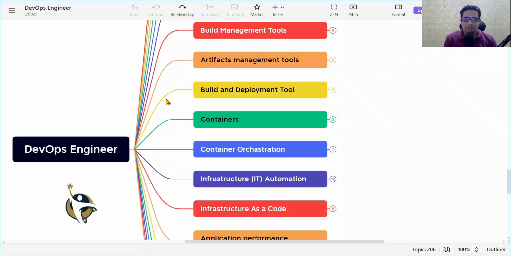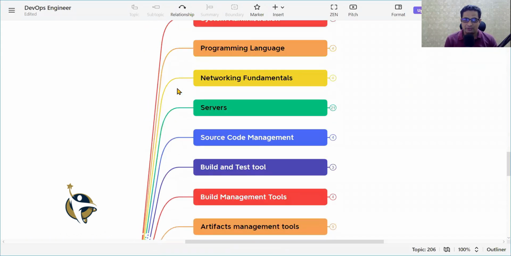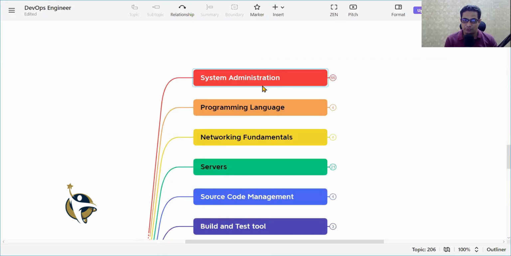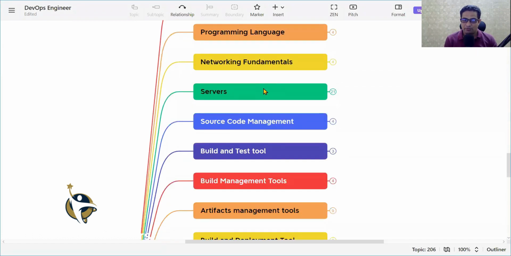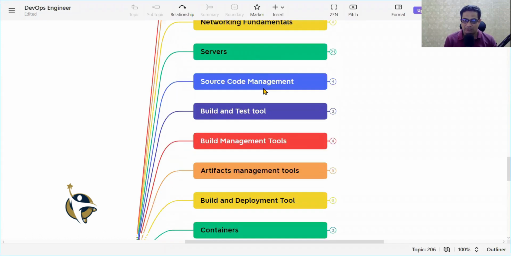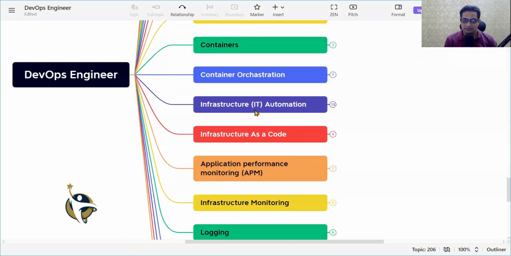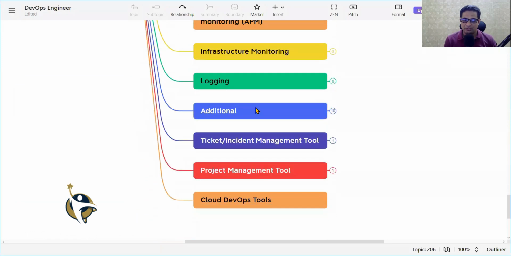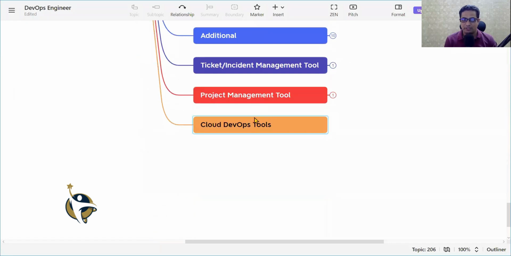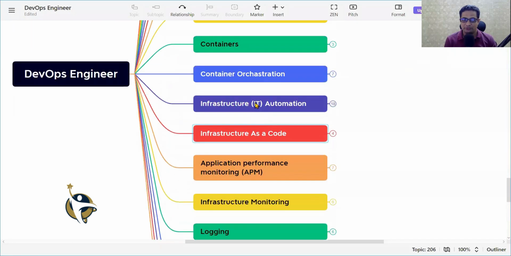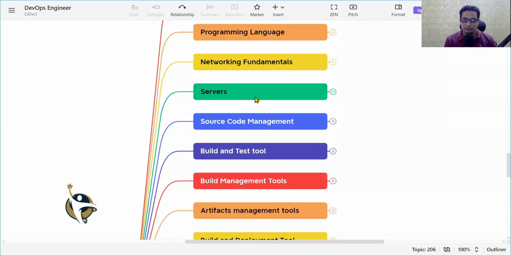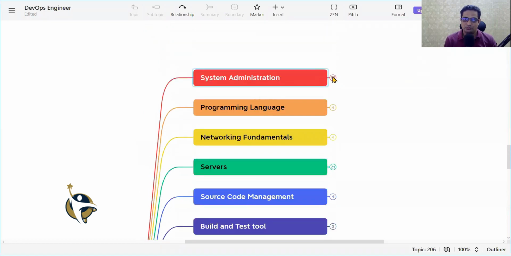So this is the brain map to become a DevOps engineer. You can see these boxes represent the high-level skills you need to acquire. Let's go through that list completely, and we will talk in more detail about each topic. I'm just scrolling here to give you a glimpse of the technologies you need to master to be a good